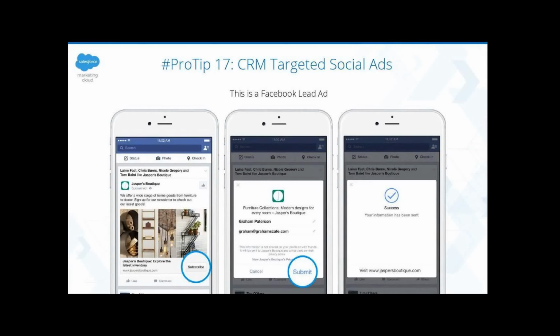Before I start, I just want to show everyone what a Facebook lead ad is, just in case you haven't seen it. So if you look at,